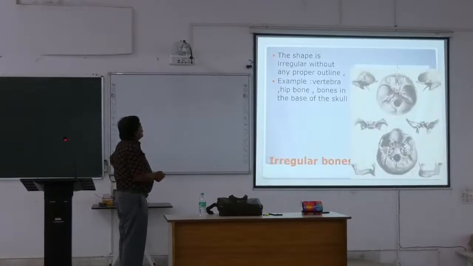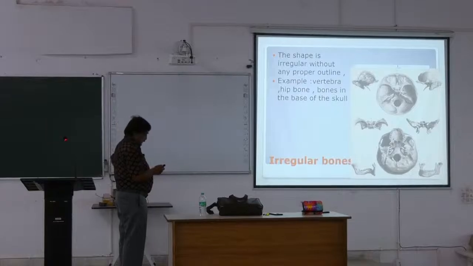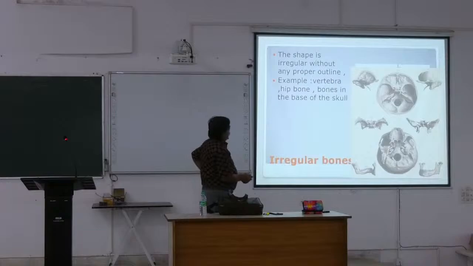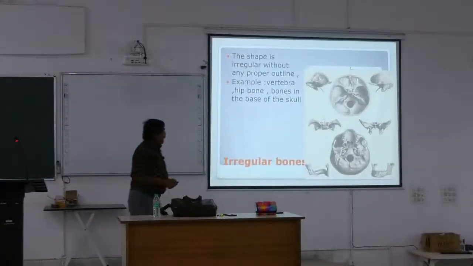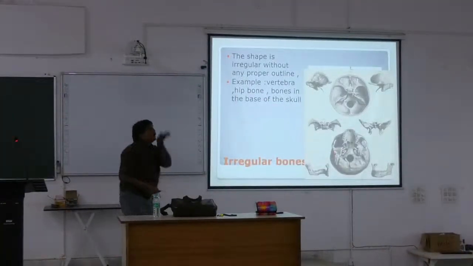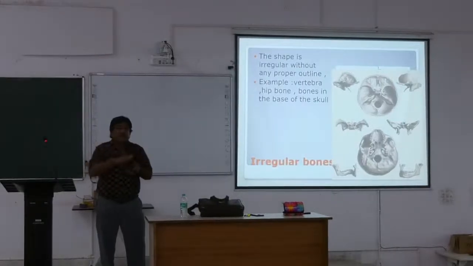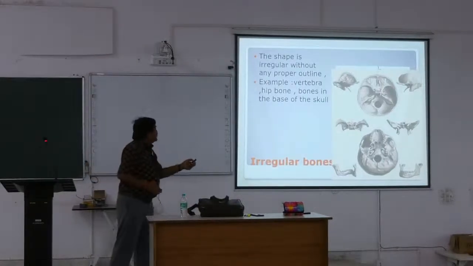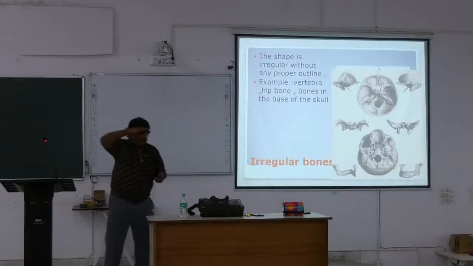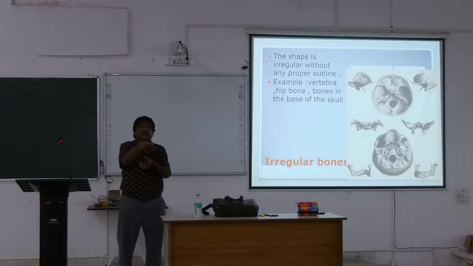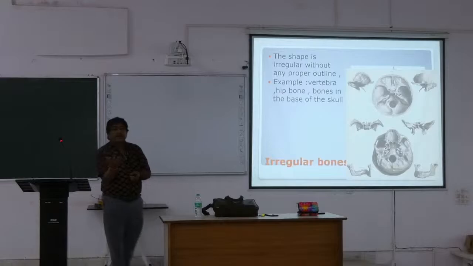Now, this is the base of the skull. These are 2 temporal bones. This is the sphenoid bone. This is the mandible. And you see from the under surface, when you see the total skull, but when the base of the skull is sliced off, it is like a